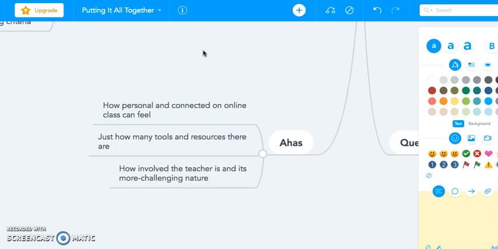One of the first weeks when we read that online teaching was harder than face-to-face teaching, I was a little taken aback. I wasn't offended or anything. I was just kind of surprised, and I tried to think about it more, and it makes a lot of sense, because a lot of the times when I go into the building in the morning, I can adjust on the fly, I can adapt, I can do a bunch of different things. But online teaching, man, you really got to have everything lined up and ready to go, and I really learned that with the synchronous lesson.